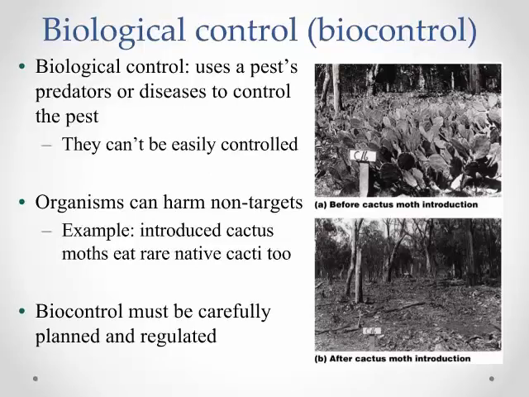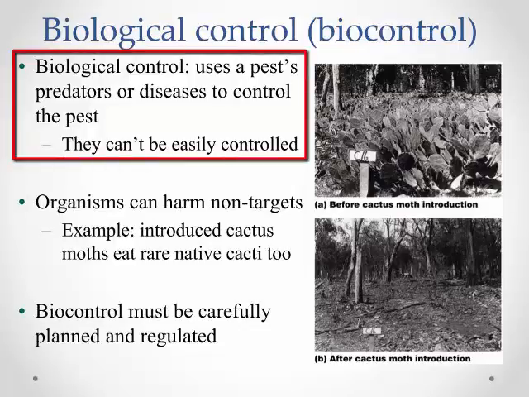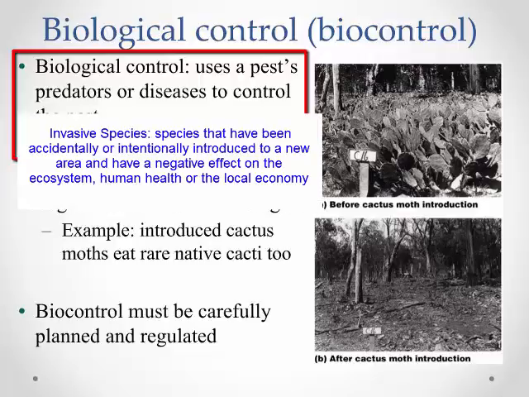As discussed in Part 1, pests have developed immunities to the effects of chemicals used to control them. One alternative to chemical pesticides is to use biological control, or biocontrol, to combat pests. With this method, the pest's natural enemies, predators, or diseases they are susceptible to are used to control the pest population. Very often, biocontrols are used to try to control invasive species, which are species that have been accidentally or intentionally introduced to a new area and which are having a negative effect on the ecosystem, human health, or the